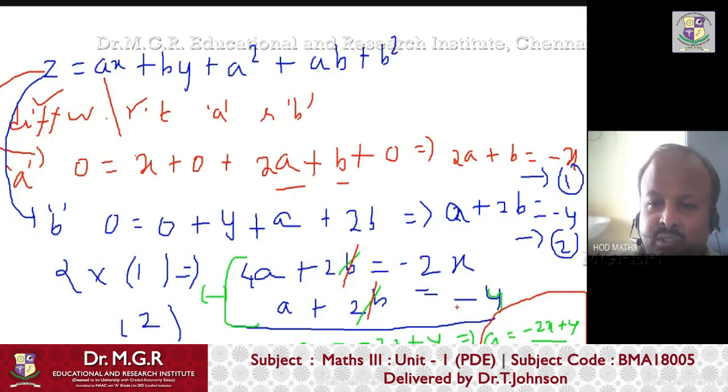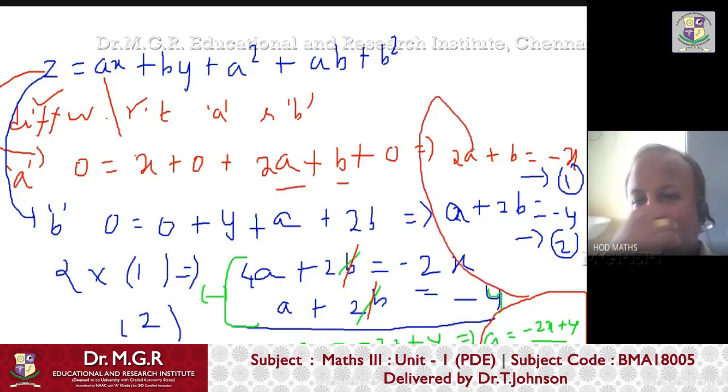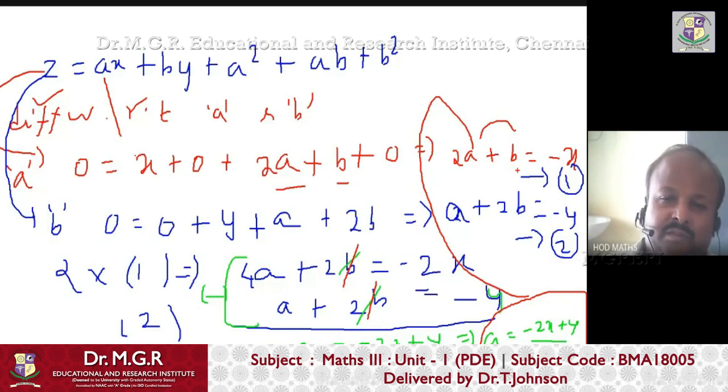Now you substitute this equation here. Right? Then you can find b in terms of x and y. That is one way. The other way is what we did now, that is multiplying 2 in equation 1. Instead of that, you can multiply 2 with equation 2 and keep 1 as it is. Then 2a will cancel, and you will get the b value directly, just like here. So that is one way.